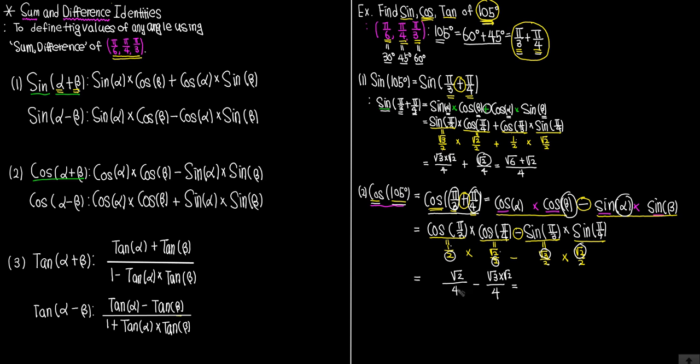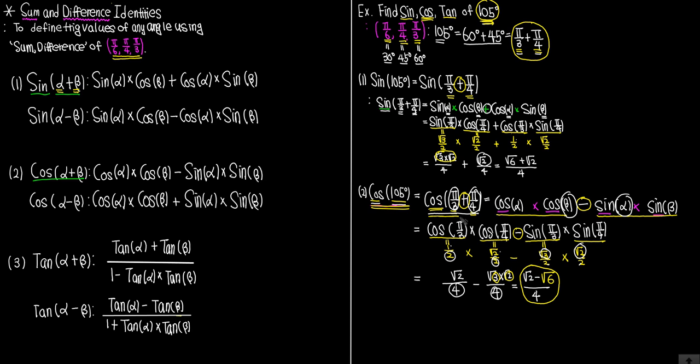So this has a common base of positive 4. So this can be written as 4 in the denominator. And square root of 2 minus square root of 3 times square root of 3, just like I mentioned above. If they have multiplications between the radicals, it will be written as one radical, and the factors, which are 3 and 2 in this case, will be multiplied together. And there are no other ways to simplify this more. So square root of 2 minus square root of 6 over 4 will be the answer of cosine 105 degrees